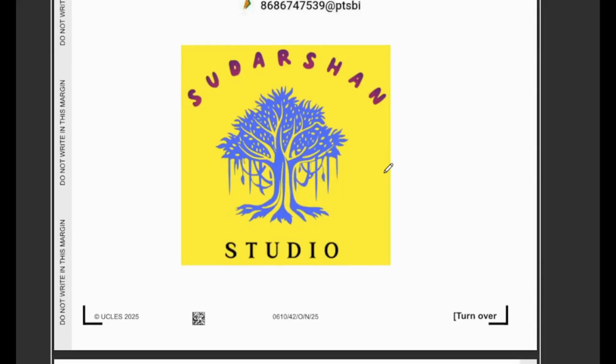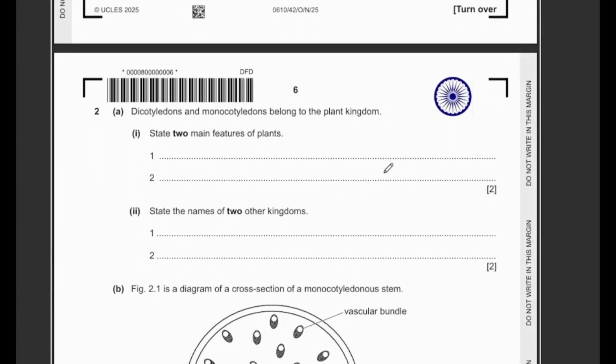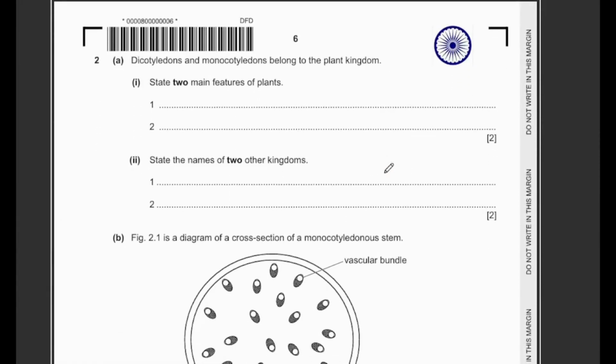Okay, so I think the message is clear now. Moving to the next one, the second part. Dicotyledons and monocotyledons belong to the plant kingdom; state two main features of plants. The two main features of plants are they are multicellular and they perform